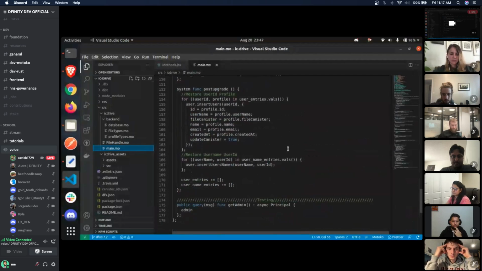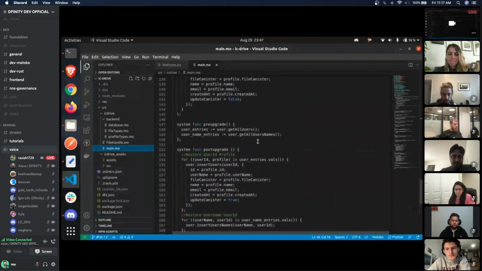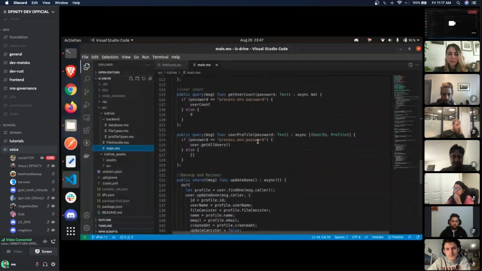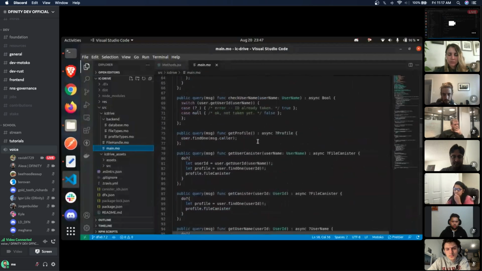While we first update the canister, we create a flag in the profile where we set the update flag to true. By doing that, whenever a user refreshes his app in the front end, he will automatically get redirected to the update canister functionality, where in the front end we fetch the wasm file of this newly created canister and send that wasm file to the backend, and in the backend, using the management canister, we start the installation process. Let me tell you where that all happens.